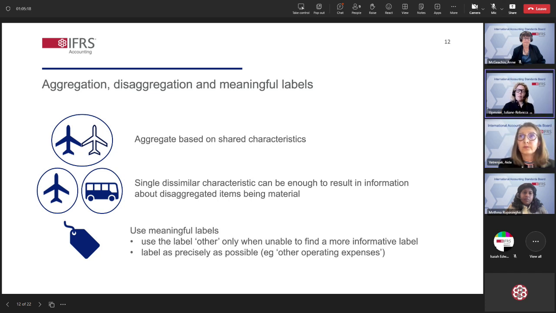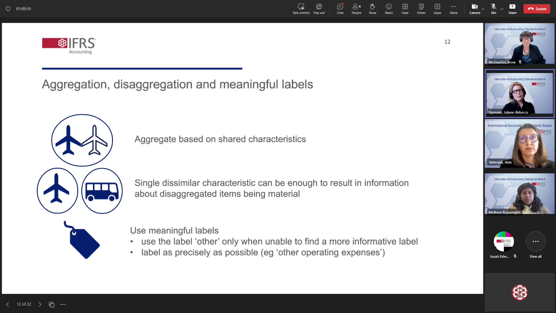So in general, a company would disaggregate items based on dissimilar characteristics if such disaggregated information is material. However, if a particular aggregation comprises items that are not material, that is, if further disaggregation of that item would not provide useful information to investors, then the company needs to at least describe the item in a way that faithfully represents the characteristics of the item by using meaningful labels, such that investors can actually understand the composition of this item.